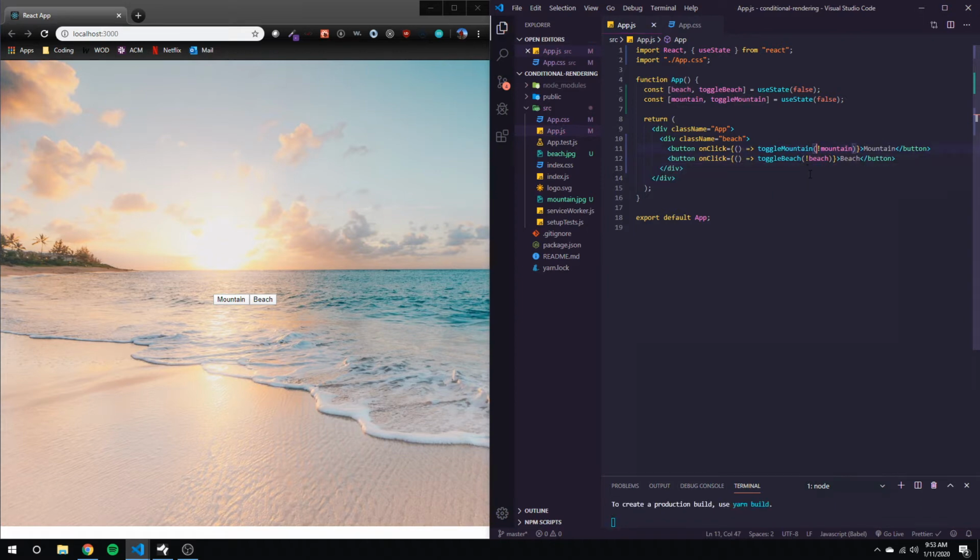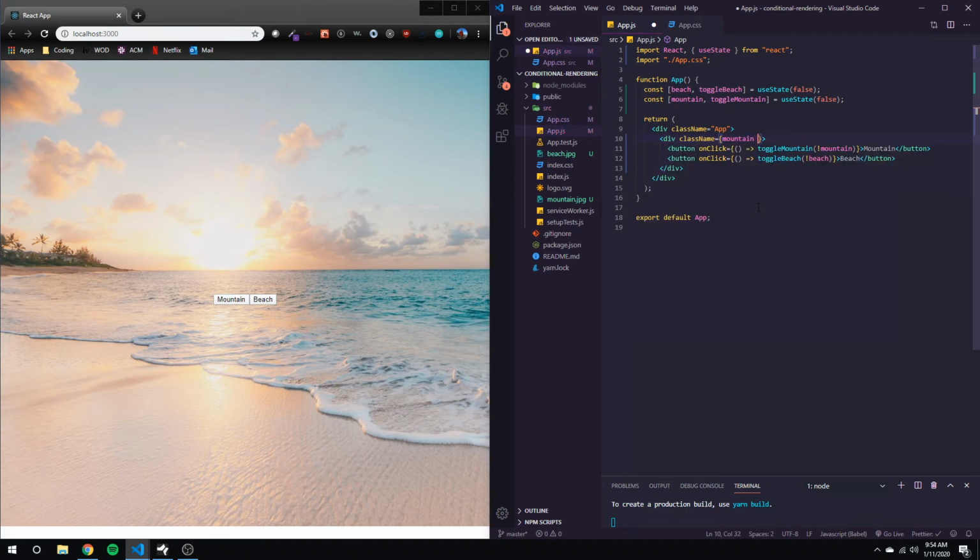And so now we have our on-click handlers, where anytime we click these buttons, it's going to flip the state of mountain and beach. Right now, this isn't doing anything, though. You could inspect it in the React Dev Tools, but that's not what this lesson is about right now. To show you how to utilize conditional rendering, instead of hard-coding this beach, we can open up a set of curly braces, and we could say something like